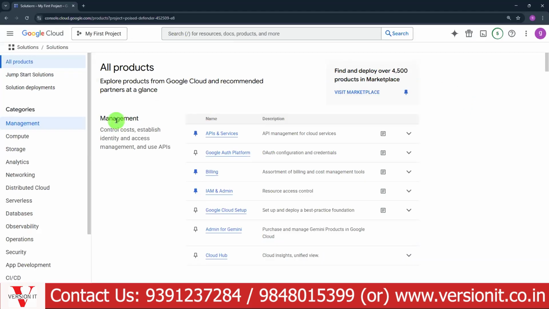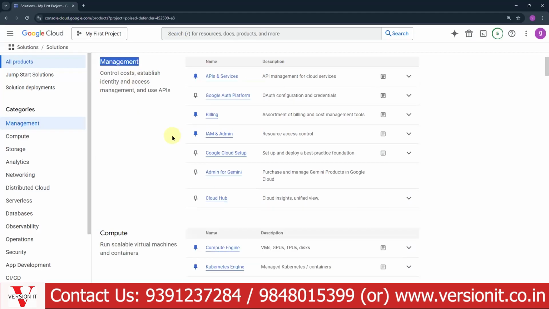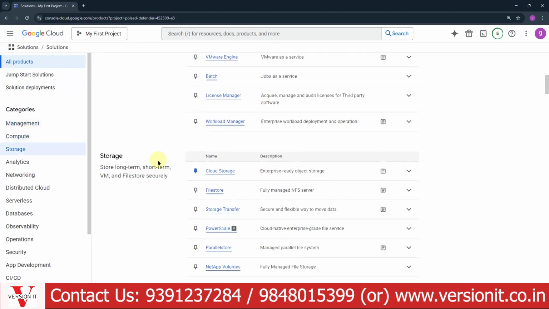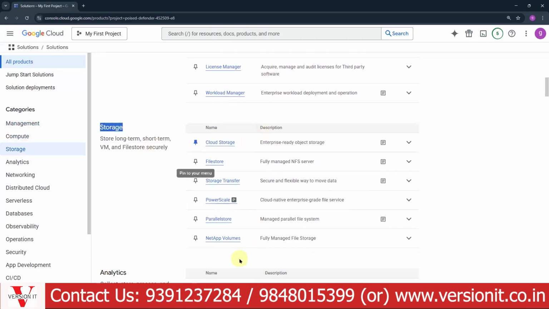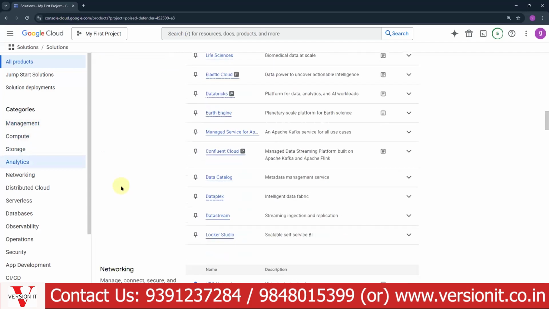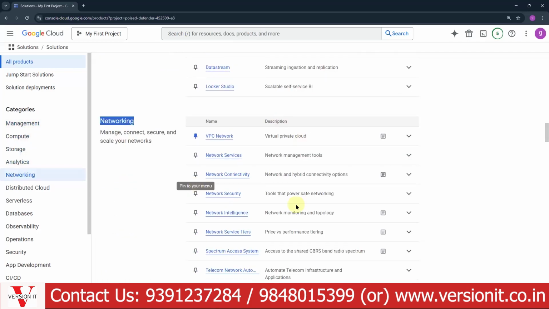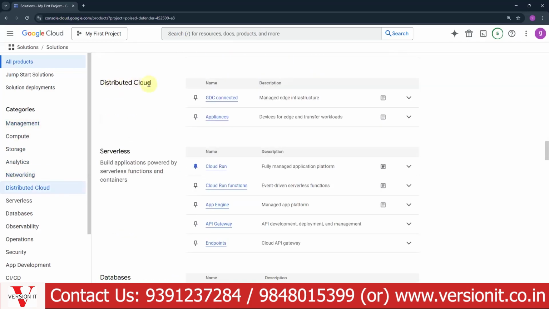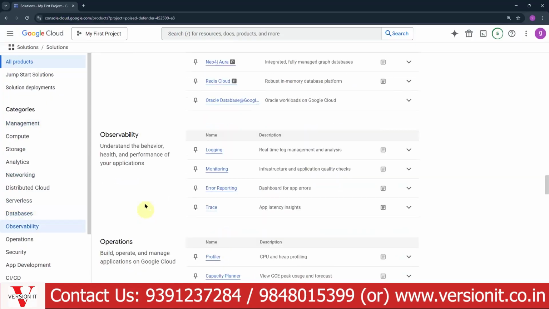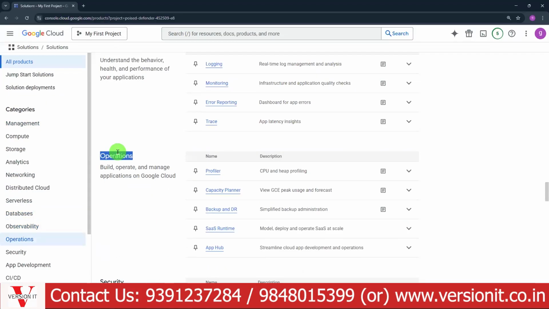You can see it is providing management services. These are all services: compute services, storage and database services, analytics services, network services, distributed cloud services, serverless services, database services, observability, operations, security.